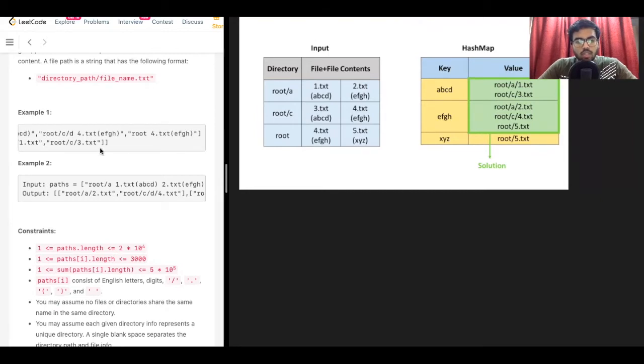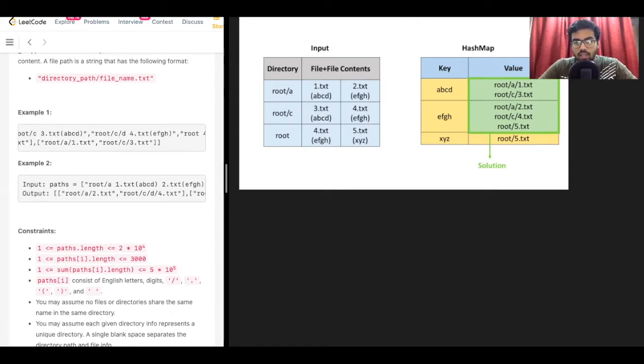So we need to return the files with similar content. For example, 1.txt contains abcd, and somewhere here in the c directory 3.txt also contains abcd. So abcd is contained in two files, right?